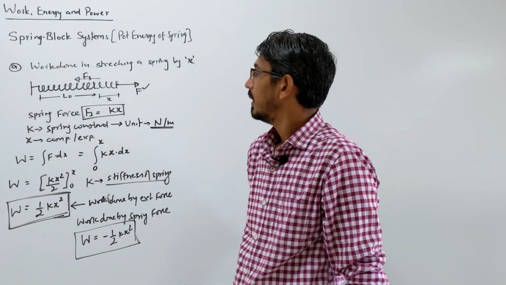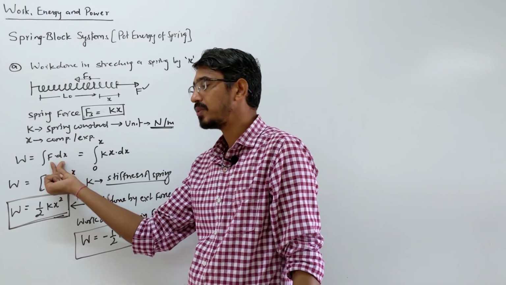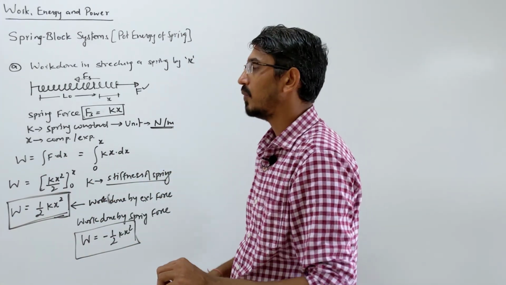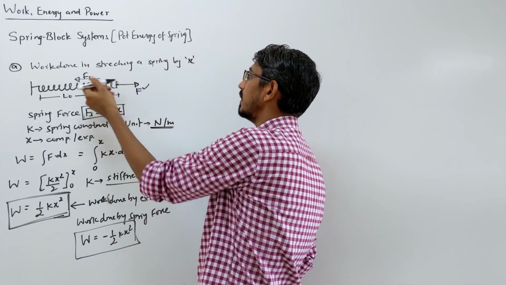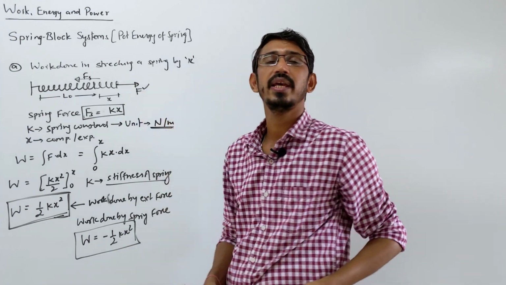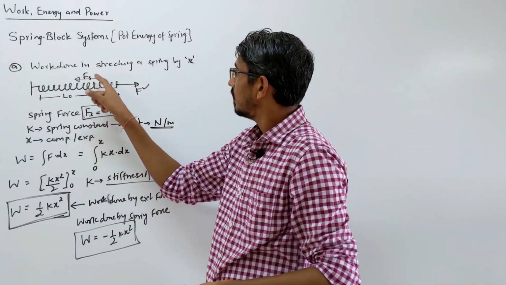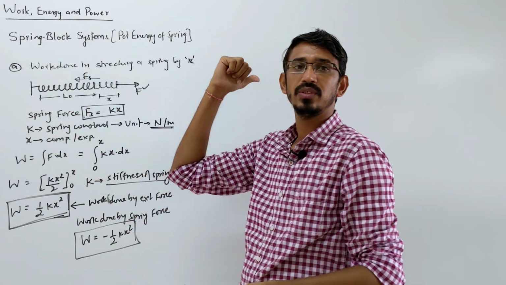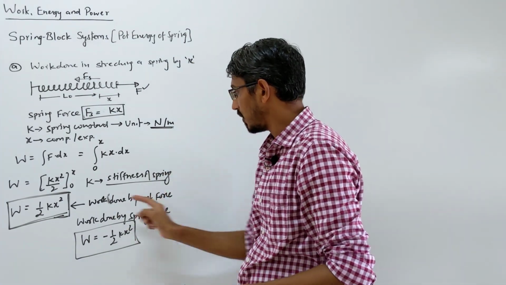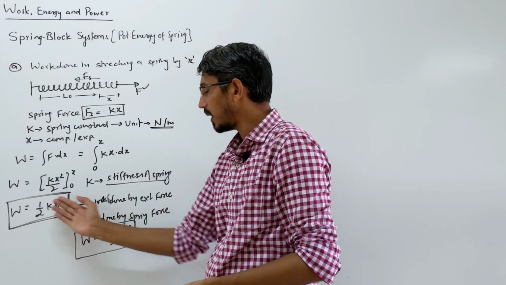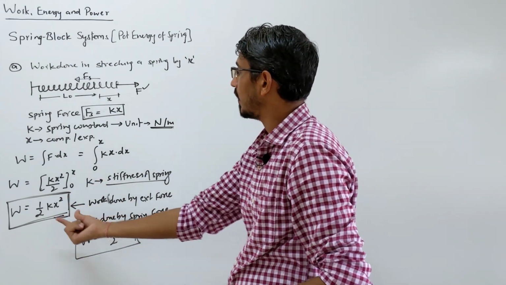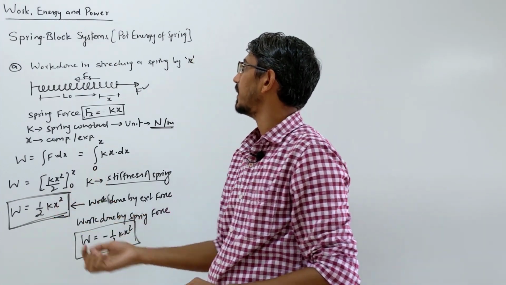Yes, because for this case the proper formula is F cos theta into displacement, where theta is the angle between force and displacement. For this force, the direction of force is that way and the expansion is also that way, so both are in the same direction and the angle is 0 degrees. But in this case, the force is in that direction and the expansion in that direction, so the angle is 180, that's why I am writing minus here. So for the work done by external force, the formula in magnitude looks the same, just the sign is different. Okay, that's the first and most important formula we have: work done in stretching a spring.